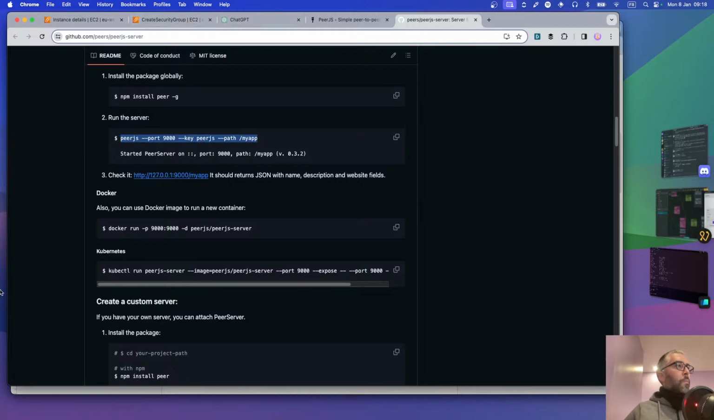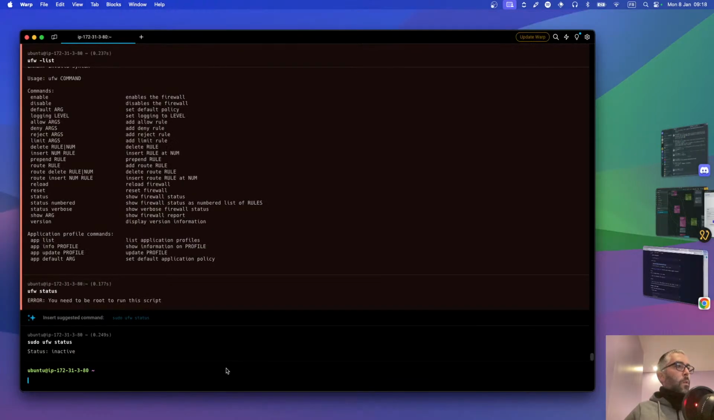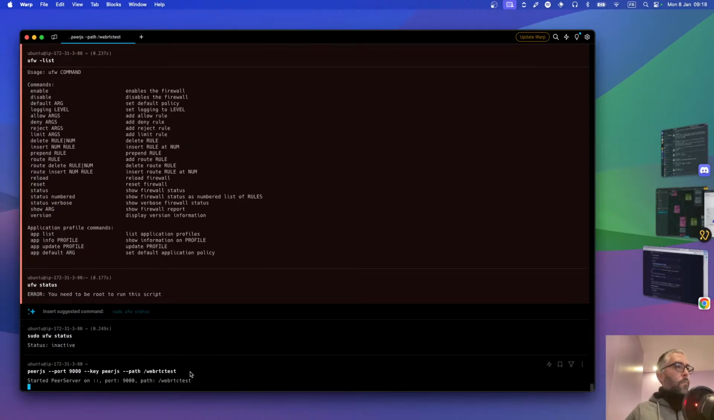So here we go. So this is going to be called, what did we call it? WebRTC test. That was it. Key PeerJS, port 9000. Yes. Okay. And now we load it into